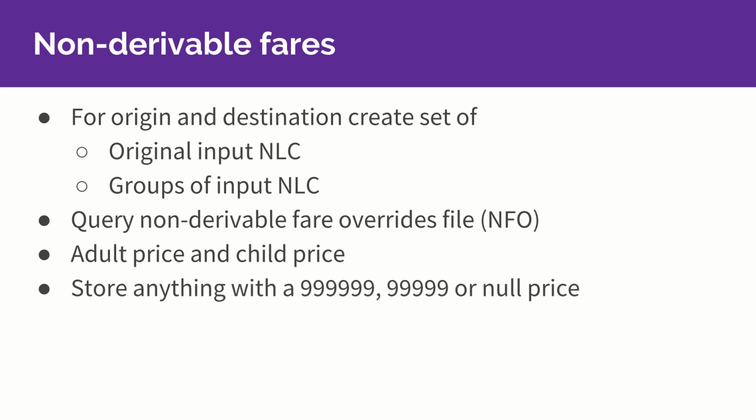It is quite common for it to be used as a sort of suppression fare, and I'll run you through how that works a bit later. But what you'll find in the data is that there is a lot of price of all 9s or all spaces or 0s, or basically a null price, and that acts as a suppression fare